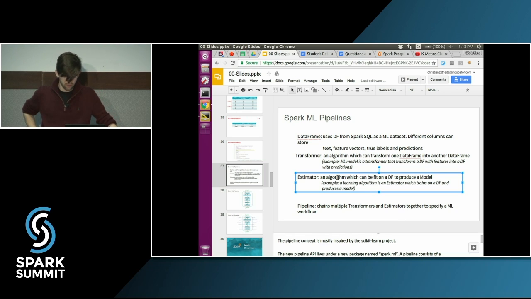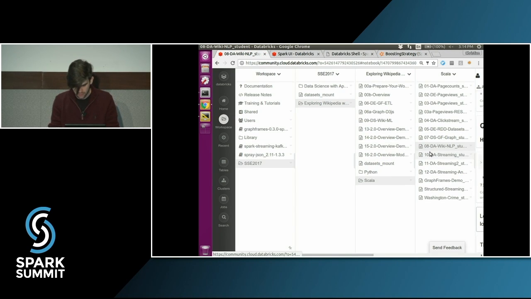Once we have one of these full pipelines built, we can call an estimator's fit function to train our model on that data to produce the fully built set of parameters that we're going to need for whatever particular model we're using. Cool. So that's the high level setup, and let's just dive back right into the